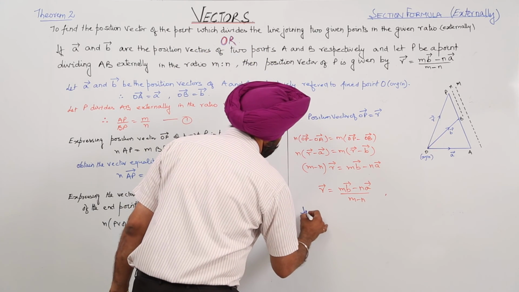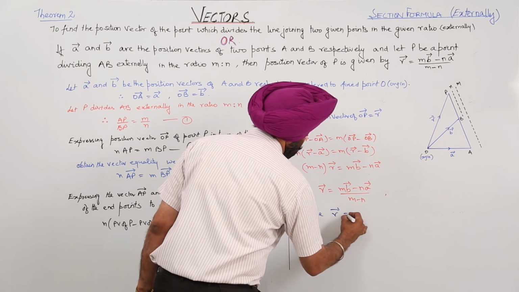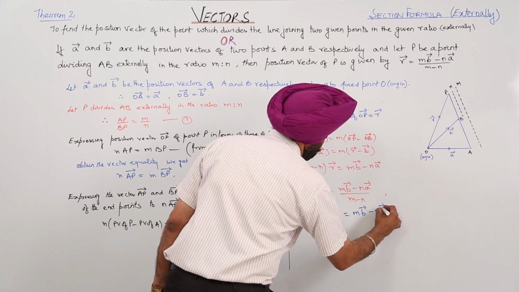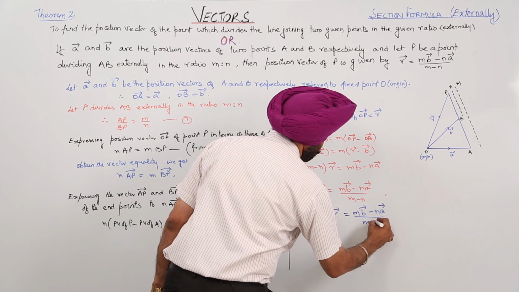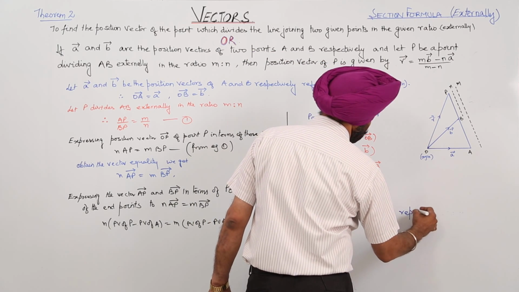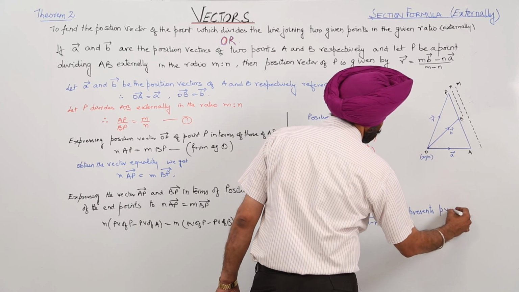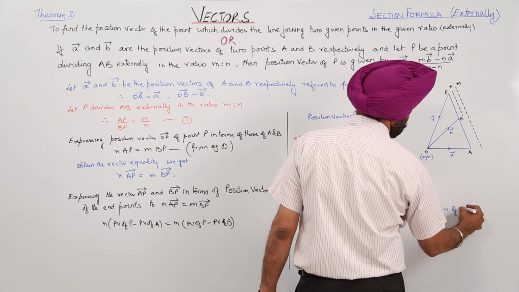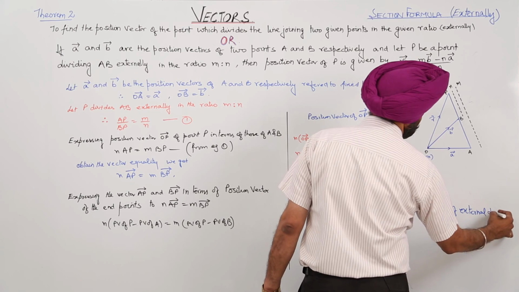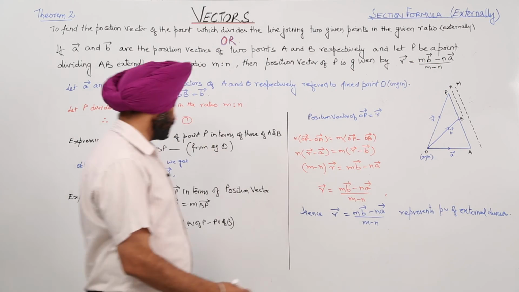Hence, vector R is equal to m vector B minus n vector A upon m minus n represents the position vector of external division. Like this, we get